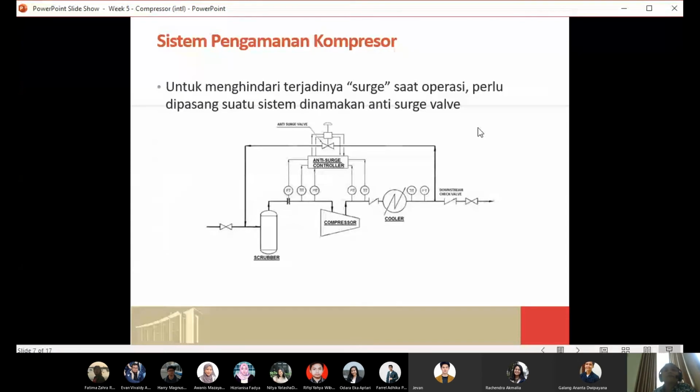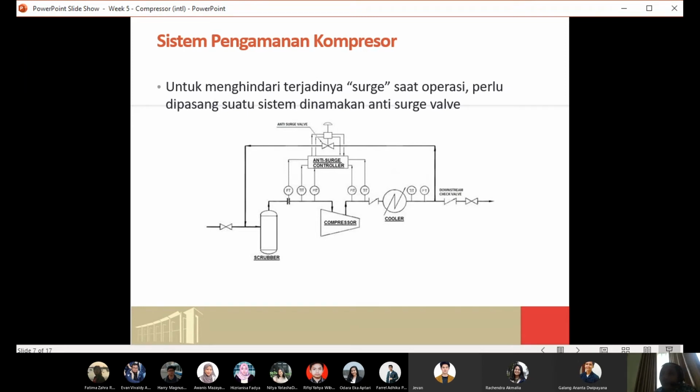And then last week we already learned about how to prevent our compressor from surge condition, which means this surge condition can be reached when we have a smaller amount of gas. Many accidents could create the problem of surging. For example, when we have valve blockage in the inlet of the compressor, because of that blockage there will be no gas coming to the compressor, so the gas will be less, and it can create the problem of surging.